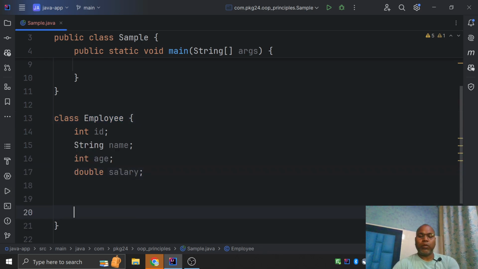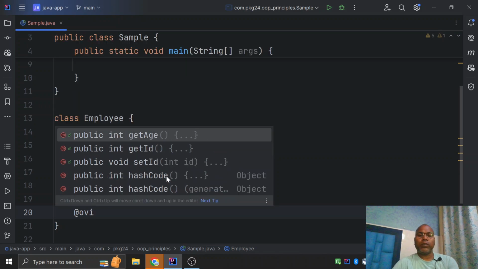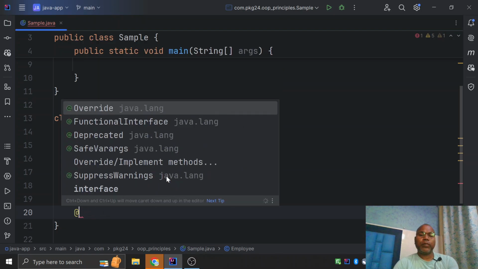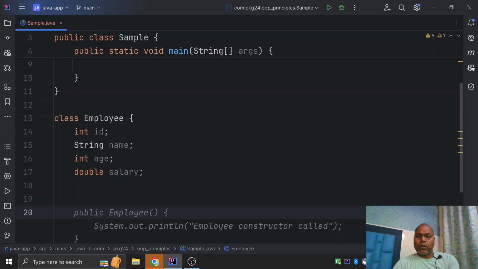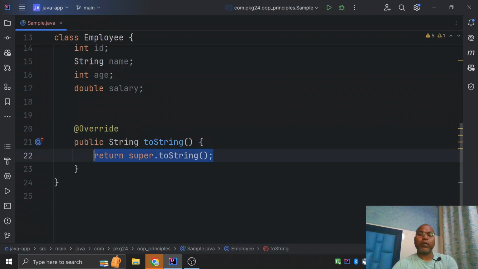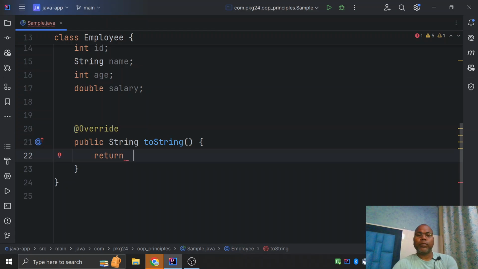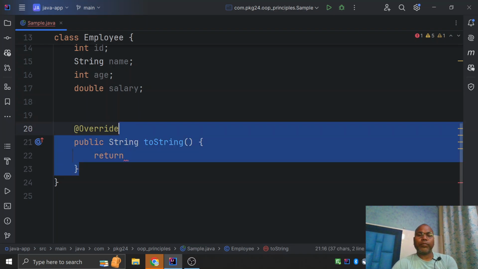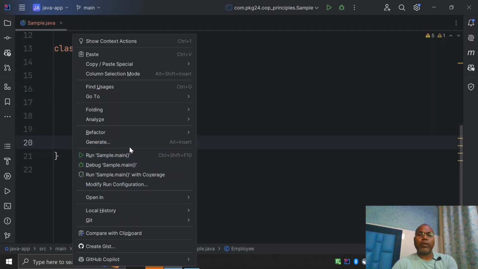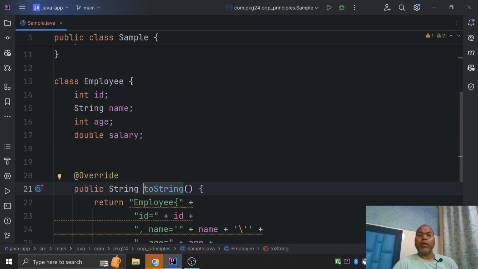Okay, so it is printing something. So let's override toString, public toString. Override, and just say, hey IntelliJ, generate toString with all the fields. Okay. So now we have the toString, and if we run here,